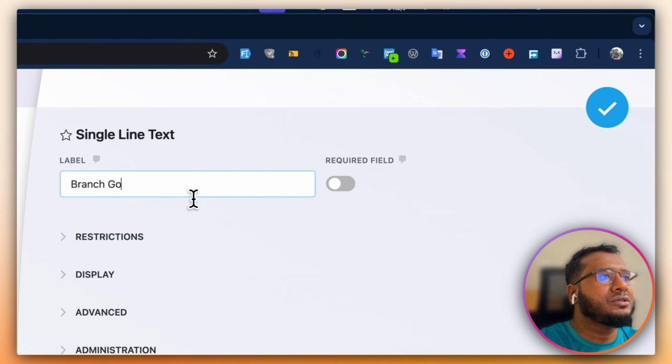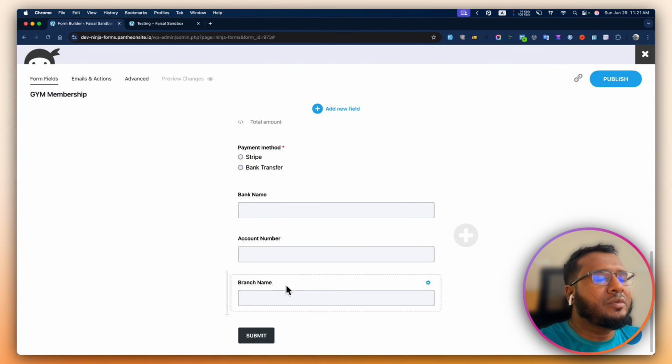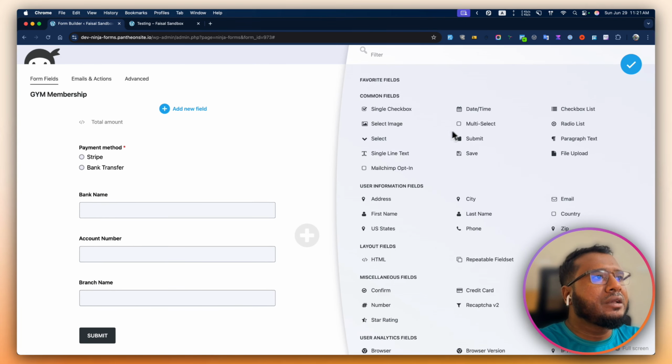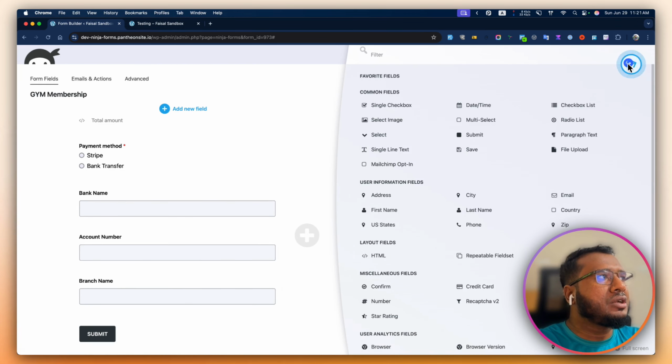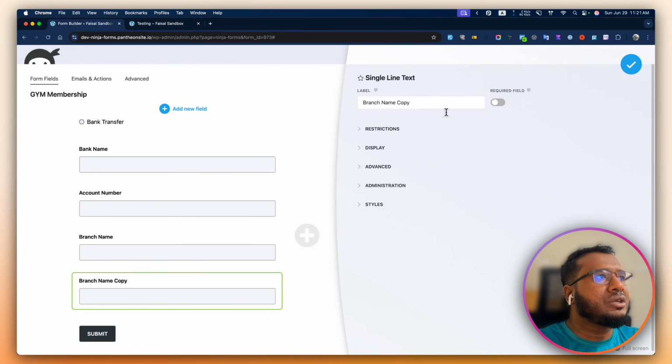Branch name would be good. So bank name, account number, branch name. In your country, if you need more information, you can add it here. It's totally fine. And we can also add transaction number or transaction ID. It can be optional